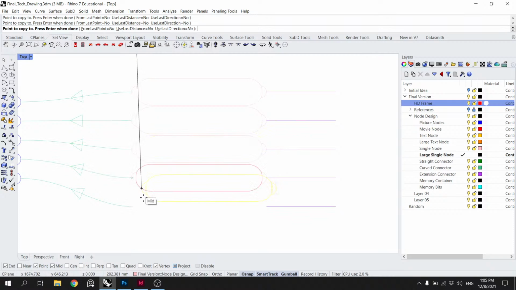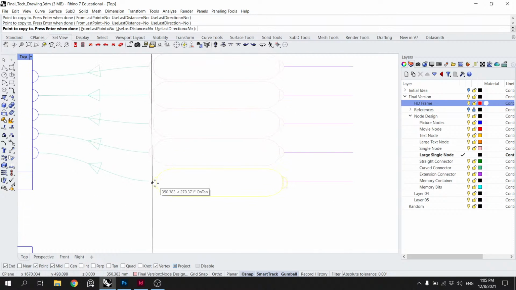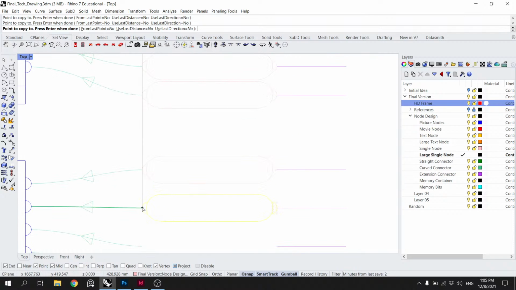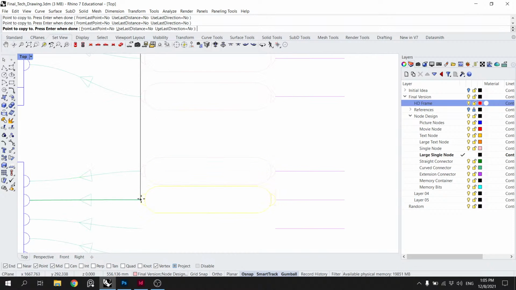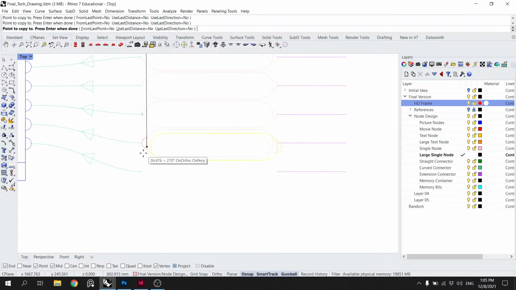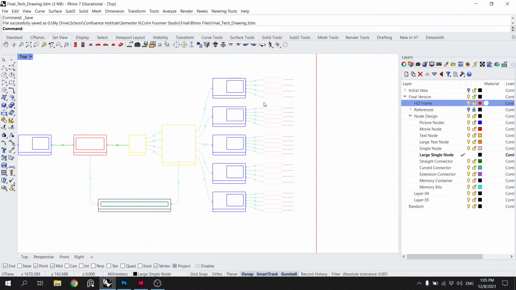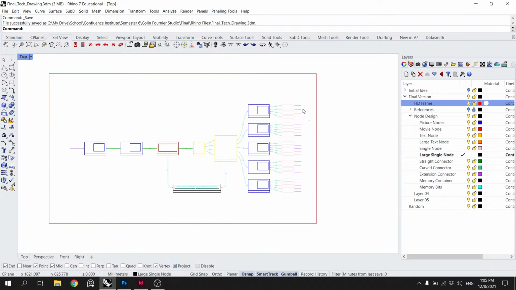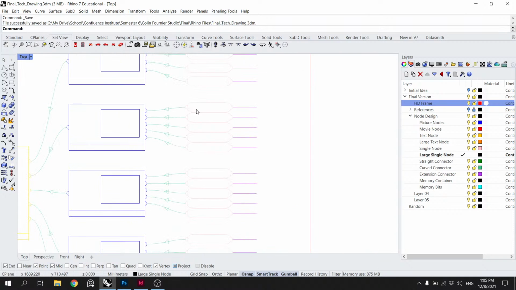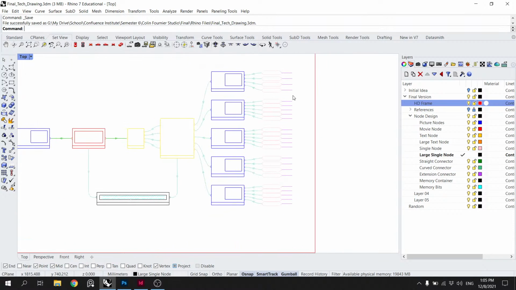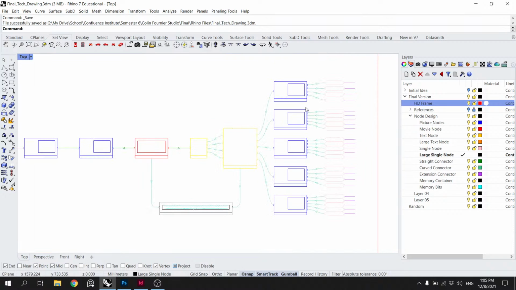Ooh, we're getting tight. Now it kind of looks a little odd with them so close together, but it's fine.